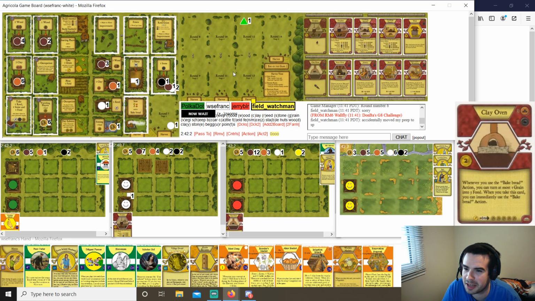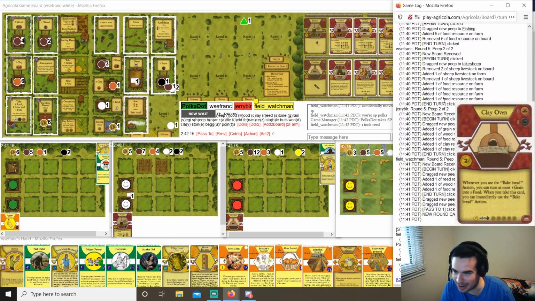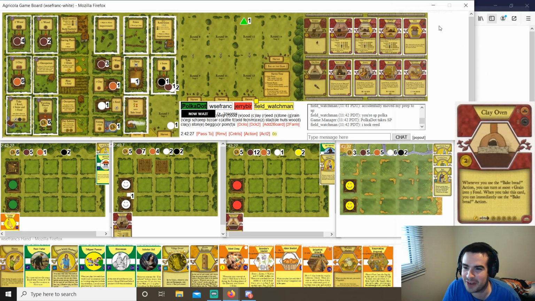Sorry, accidentally moved my peep to start player. What? How do you accidentally move your peep to start player? What happened there? Oh, he said he took read. And there is only 1 read on the board. Okay, that was weird. He initially was thinking about start player. That's very weird. I guess he didn't announce like a minor or anything, so...